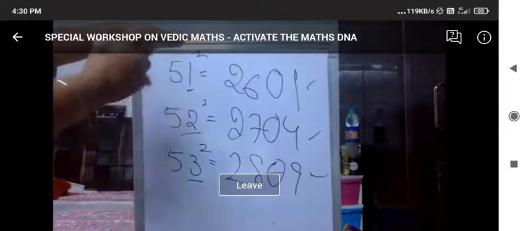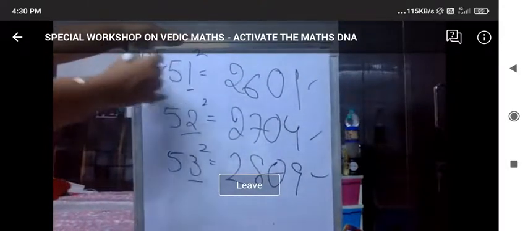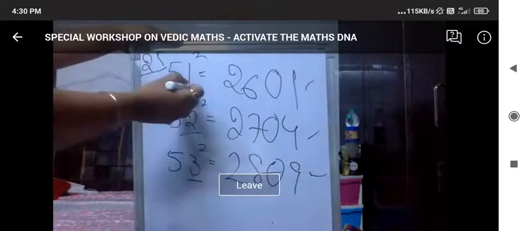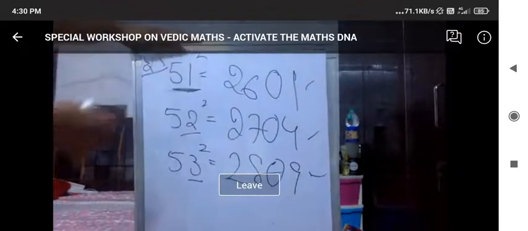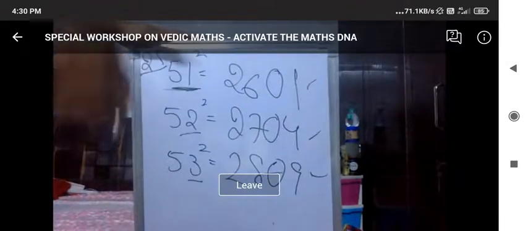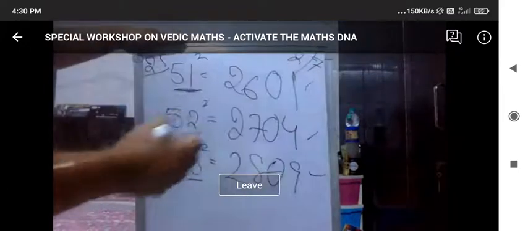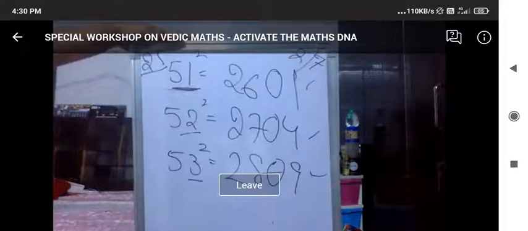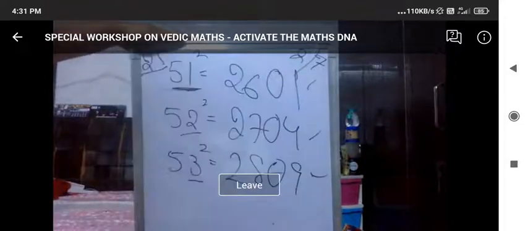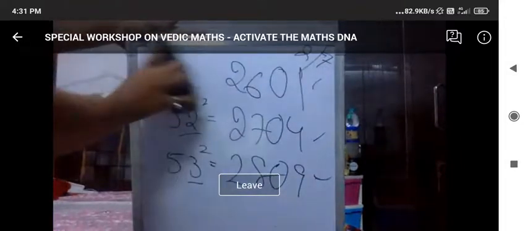So now we have already discussed the number ending with 5, whose square I've taken, and the number starting with 5. Later on in a subsequent workshop, we might share the trick when the number is not ending nor starting with 5. So we'll share it further. Let me go to some other tricks where you can calculate quickly in the mind and save your time during calculation.